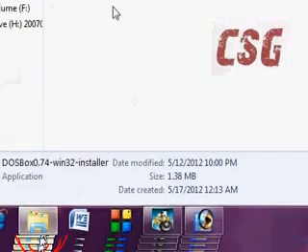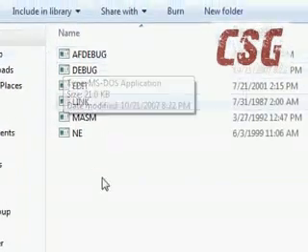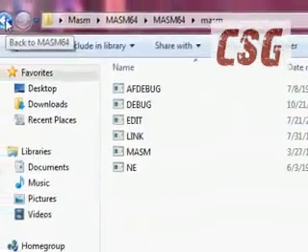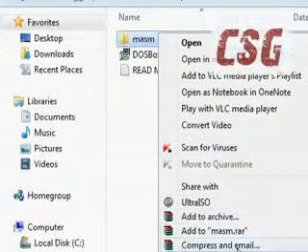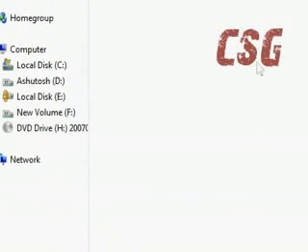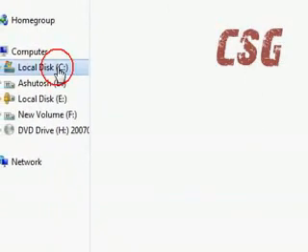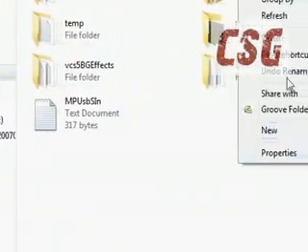Okay, so go to the folder again. Now come to the Magemm folder. Here all the files are contained. So simply copy the Magemm folder by pressing Control C, and go to your C drive and paste it.